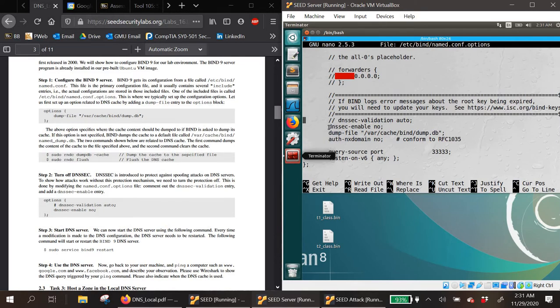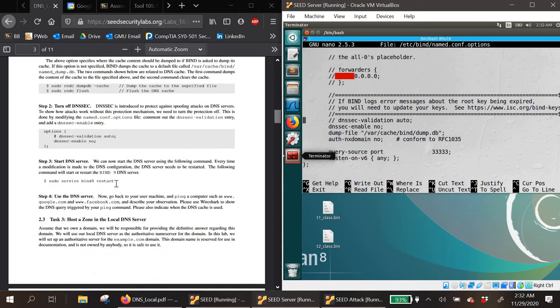So we went ahead and commented that out, and then it wanted us to dump the cache and flush the DNS cache, which we'll do in a bit here to show what it is, and then restart this DNS server, which I already did, but we can go ahead and